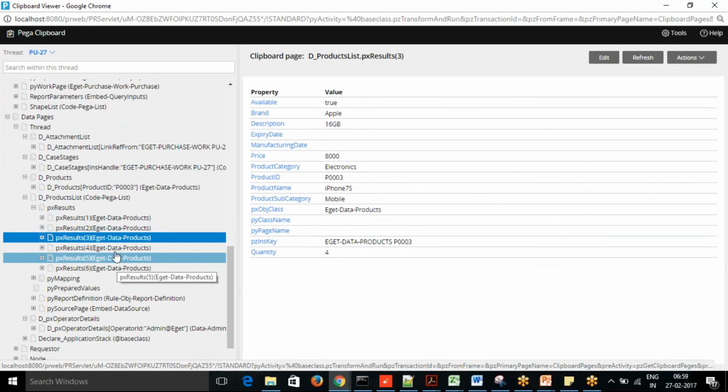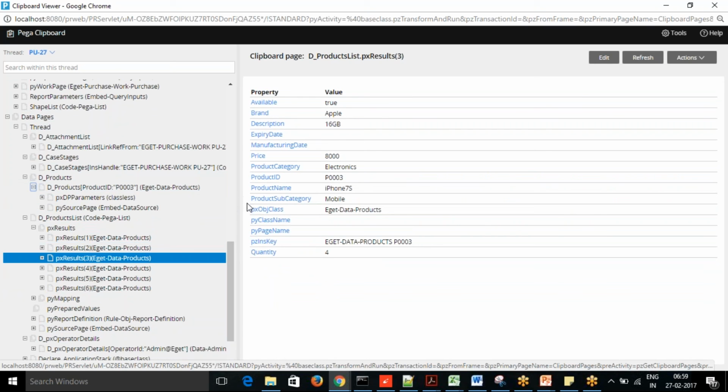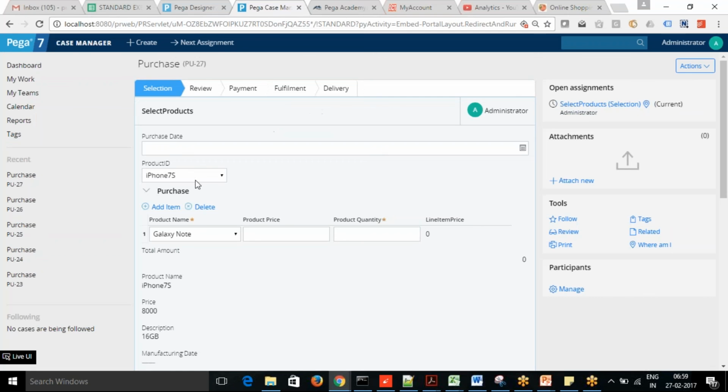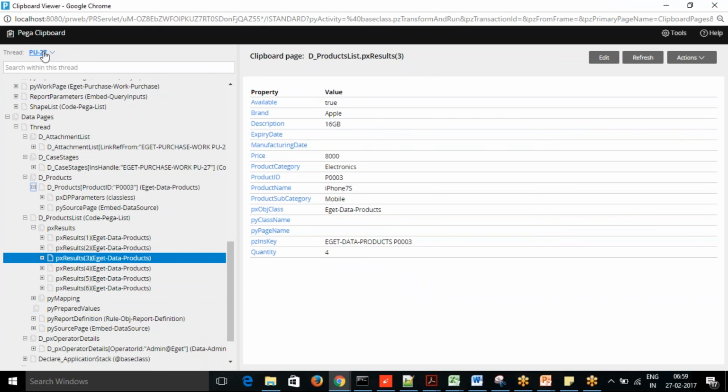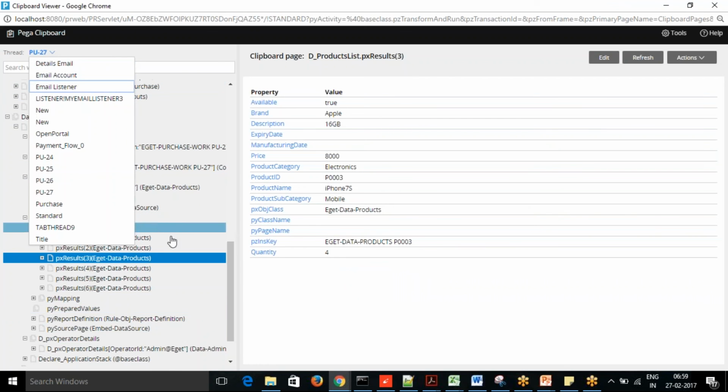Now if I change this, you can see the parameter will change there as well. Let's say I'm going to change it to the refrigerator. It's changed, so you just need to refresh the page as well.